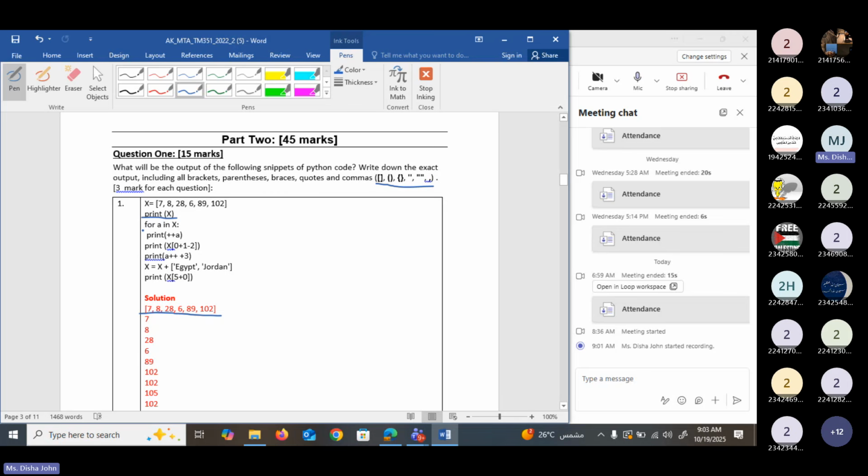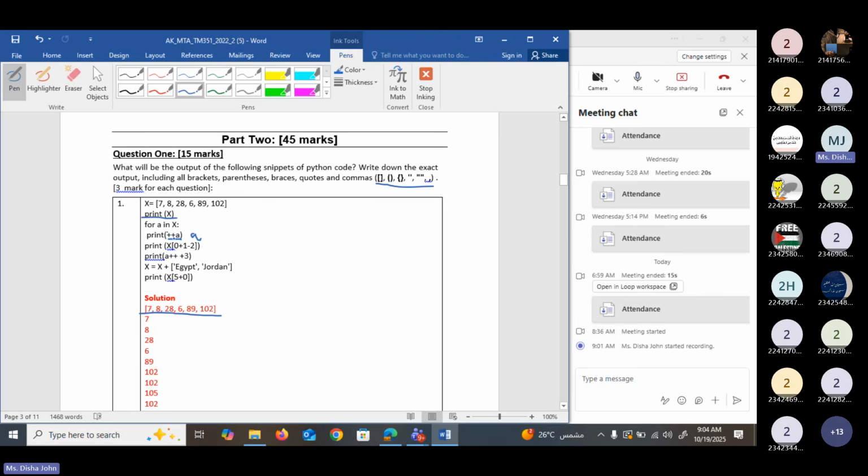Now look at the next statement. For a in X, print plus plus a. Okay, so it is a for each statement, and here you can see we used a pre-increment operator. Okay, so just note that in Python we don't have pre-increment operator. So Python will consider this as the same as a. Okay, inside the bracket we wrote plus plus a.